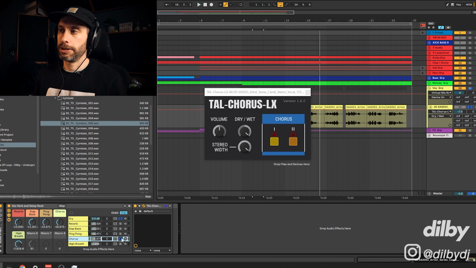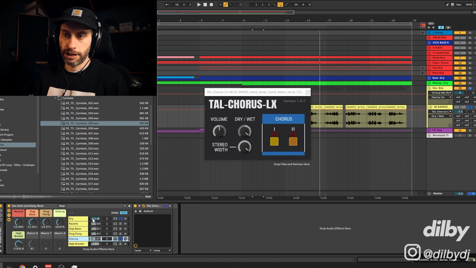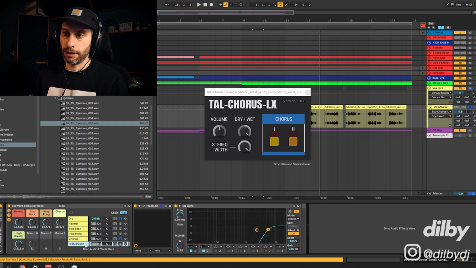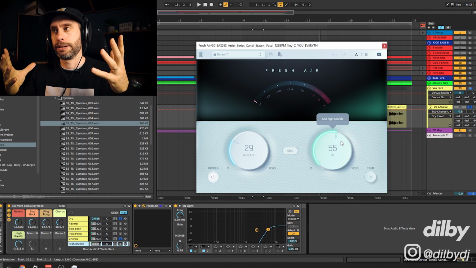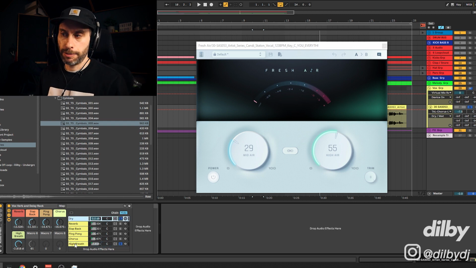So that one's not actually being ducked because it's only adding things in the sides. It's basically just like a dry wet, although this is the wet and the dry is on full. Then the high breath, I'm just using the Slate Digital Fresh Air, which is a great free plugin from Slate. And I've got this pumped up really high, so it's pushing up that breathiness and that sharp high end of the vocal, which is something that could really kill the vocal and make it sound harsh by itself. But this way I'm able to add that in and then dial in the amount